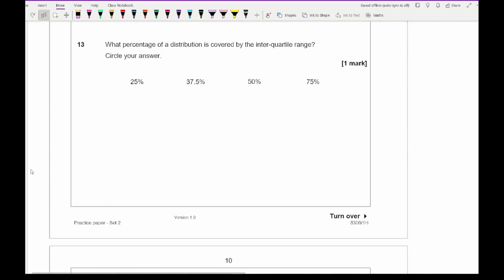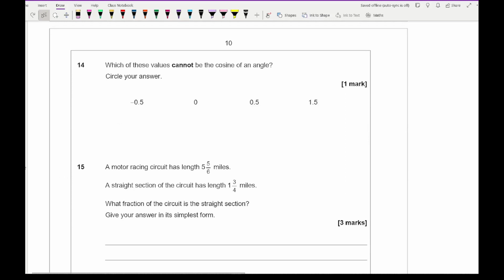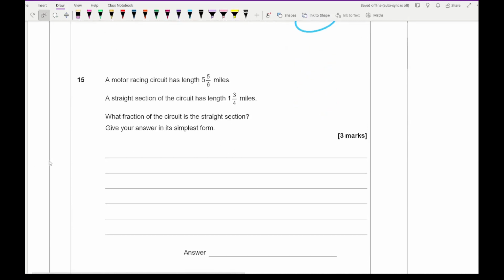Then for question 13, it says what percentage of the distribution is covered by the interquartile range, and that is an easy one, which is 50%. Then for question 14, it says which of these values cannot be the cosine of an angle, and that is going to be 1.5. Then question 15, it says that a motor racing circuit has a length of 5 5/6